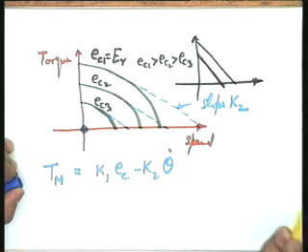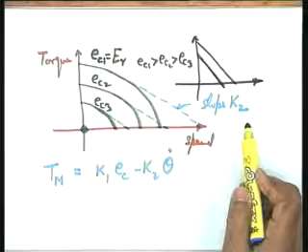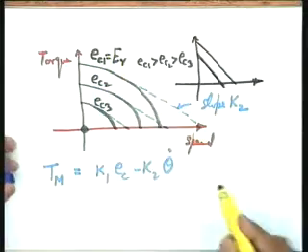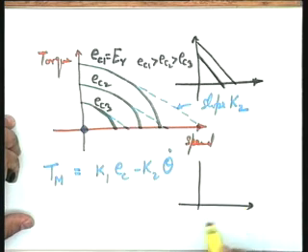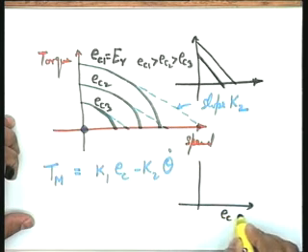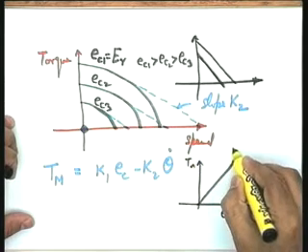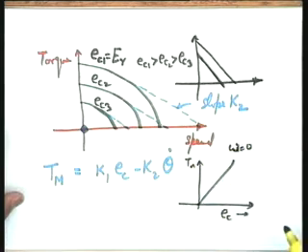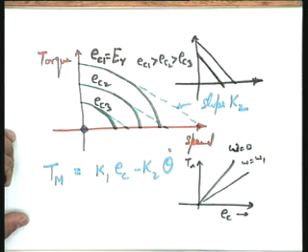Once these curves are experimentally determined and given to you, the mathematical model can easily follow from these experimental curves, because K2 you can determine from here. How about K1, please? Tell me, how will you get the value of K1? Very easily, from this data itself you can make a different plot. That is, I can make a plot between control phase voltage EC on this axis and torque on this axis. Let us say this is the curve for omega equal to 0. And for different values of omega you can take, for omega is equal to omega 1, for example.